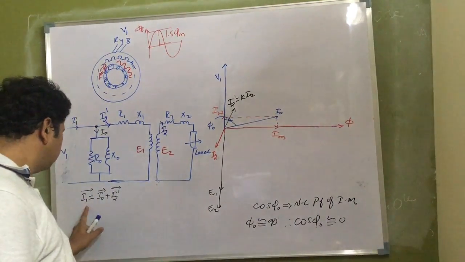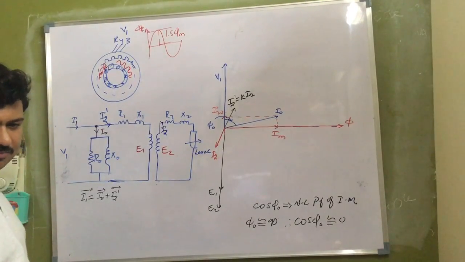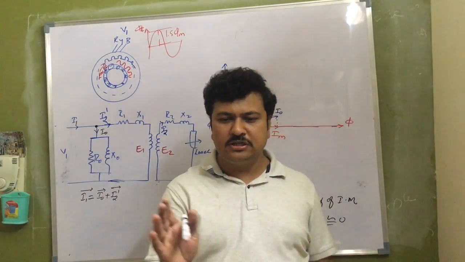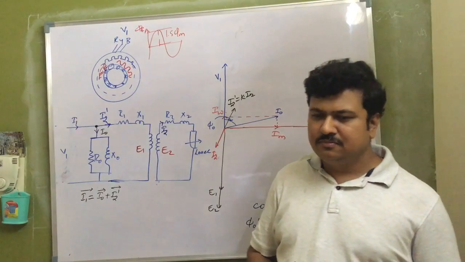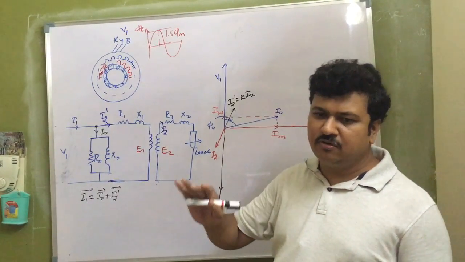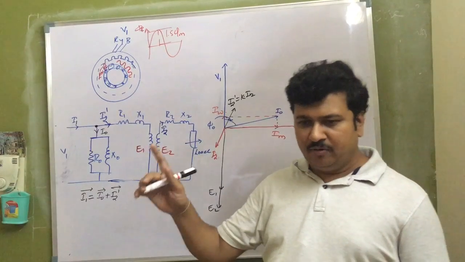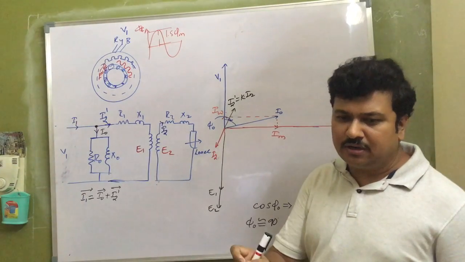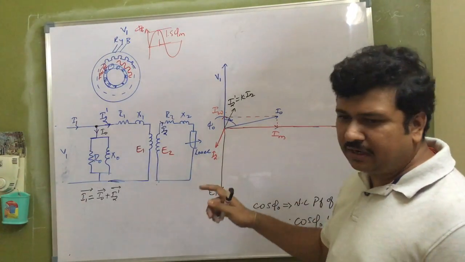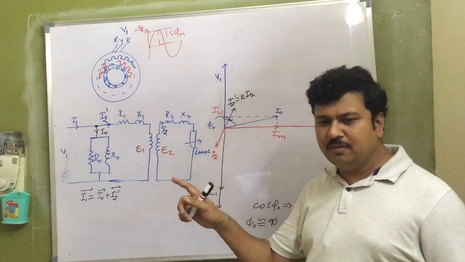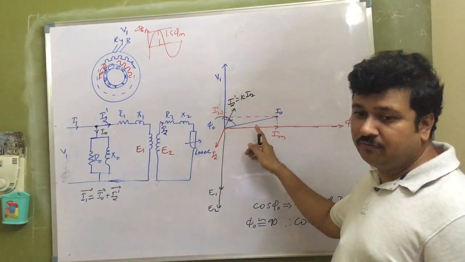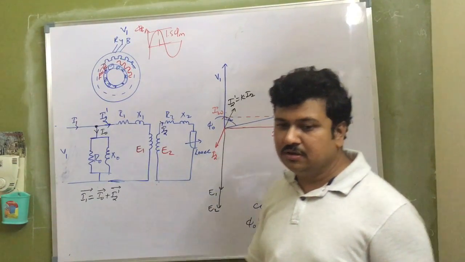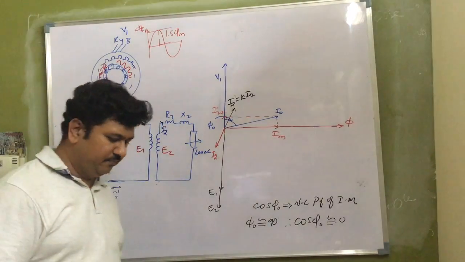Now what is I1? What is the power factor of the induction motor? Power factor of the induction motor is the cosine of the angle between primary voltage and primary current. When the induction motor was at no load, the primary current was only the no load current. Therefore, the power factor at no load is the cos of the angle between supply voltage and the no load current, which was very nearly equal to 0. Hence, one of the wattmeters was showing negative, not 0, negative.